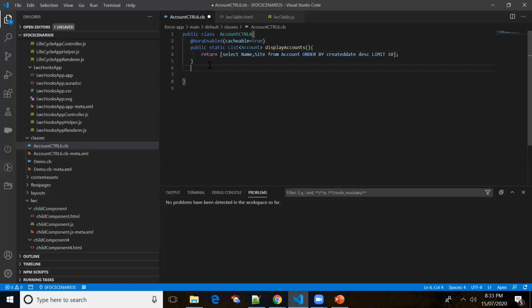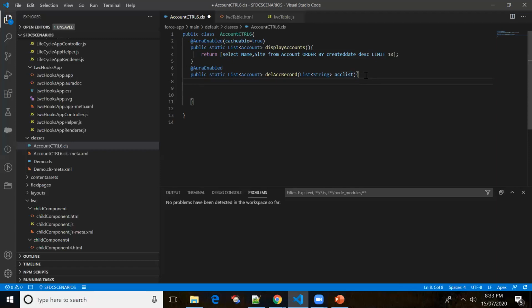I'll be creating one more method, which is basically for deleting the selected records. So @AuraEnabled, public static List of Account. We may delete one record, or we may delete multiple records. I'm writing the method name deleteAccRecord, and I'm passing a parameter, a String accList, because we'll be passing the selected records from the JavaScript.